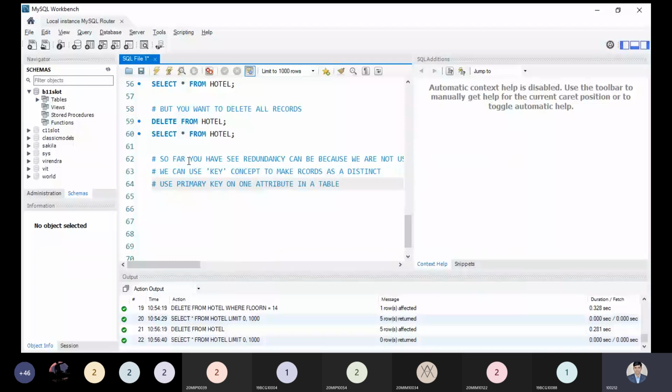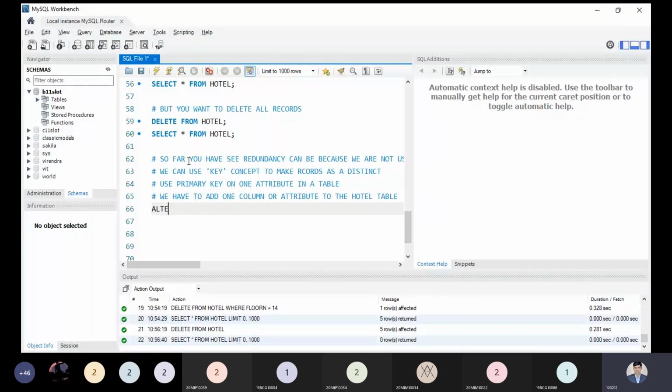We have to modify, or we have to add one column or attribute to the table, the total table. Let us understand alter.